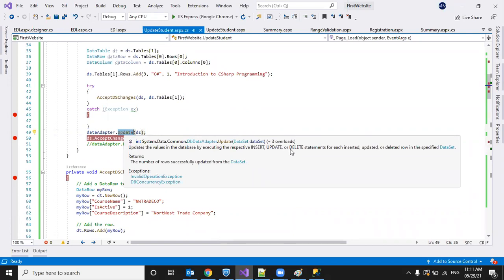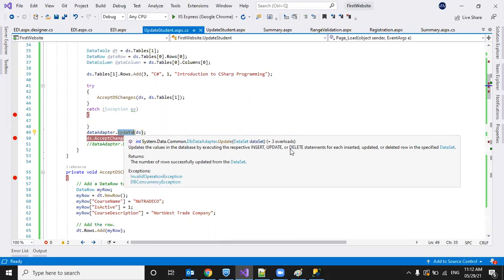If you see the IntelliSense feature, it says update the values in the database by executing the respective insert, update, delete statements for each inserted, updated, or deleted row in the specified dataset. We will see an example along with a data bound control. For now, just remember that to update the changes back to the database, we can use the update method of the data adapter.